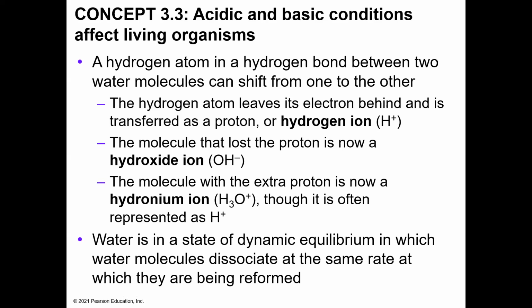So let's talk about the water molecule and how it is used to define if something is acidic or basic. A hydrogen atom in a hydrogen bond between two water molecules can shift from one to the other. The hydrogen atom will leave its electron behind and it's transferred as a proton, or what we call a hydrogen ion, from one water molecule to the next. The water molecule that lost the proton is now called a hydroxide ion, which is OH negative. And the water molecule that has gained the hydrogen ion is now called a hydronium ion,